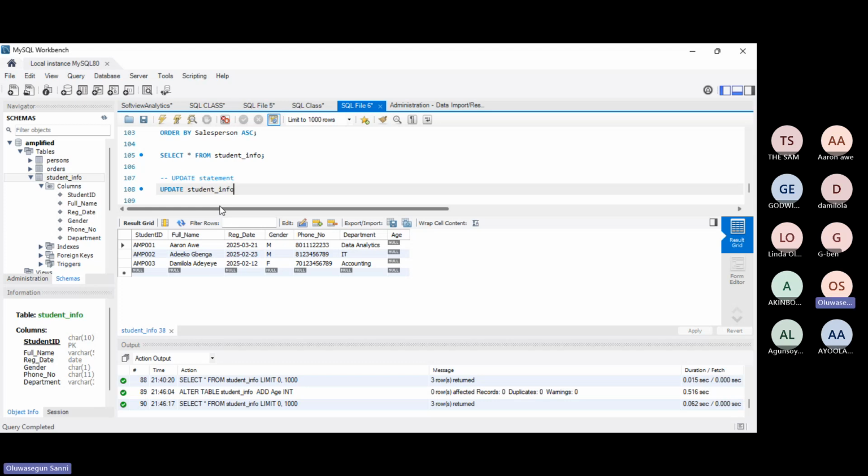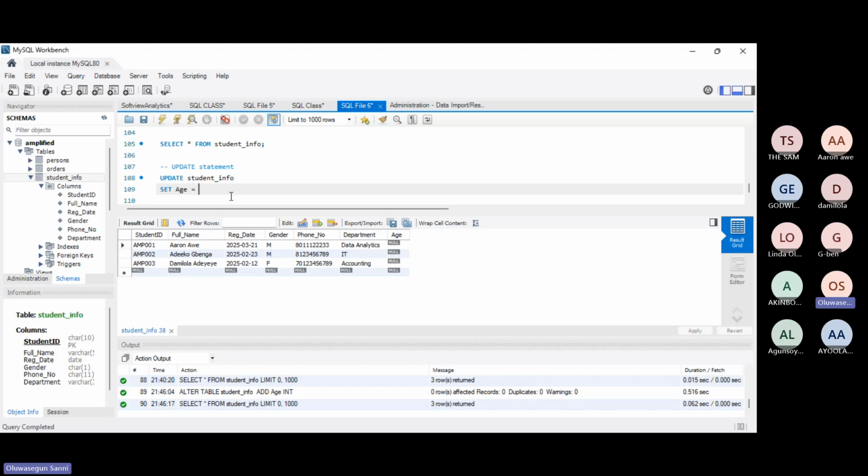The set clause is what will help us to arrange that data under this particular place, under the null, under this age, so that it doesn't bring the new data under full name or under register date. I want to ensure that the new data I'm bringing is coming under age. So after I say update, the table, I will now say set. Set column, the column that I want to update. I'll say set age equals to,